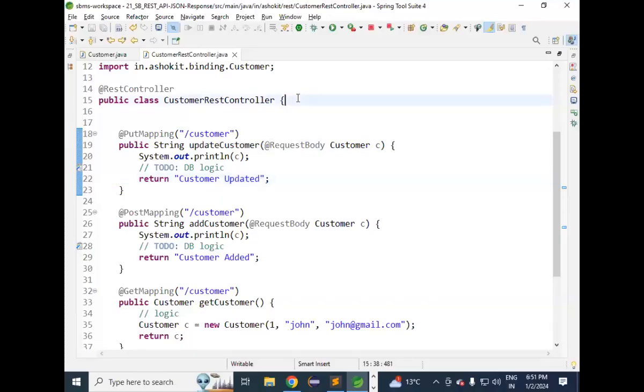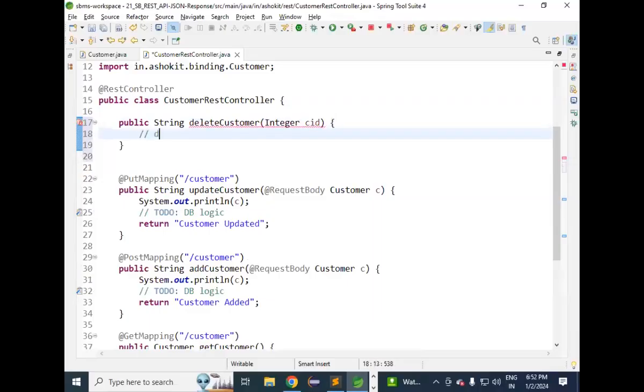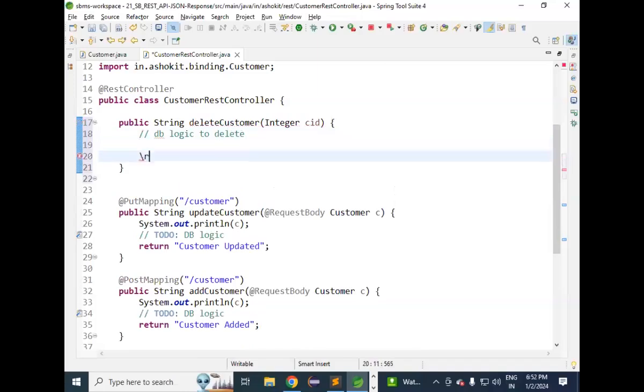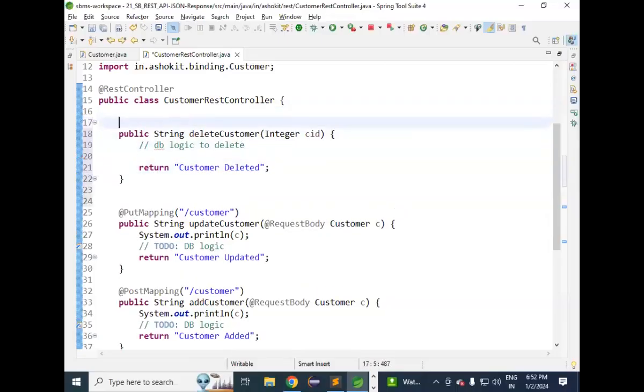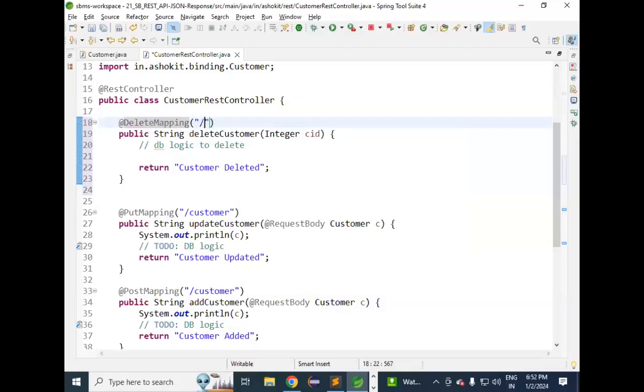Similarly, I want to write one method, public String deleteCustomer. To delete, the customer object is not required. Customer ID is sufficient, yes or no? Now I will take an integer customer ID. Here I will write the database logic to delete. Then finally I am going to return the message as customer deleted. How will I get that customer ID? I will get the customer ID in the delete mapping